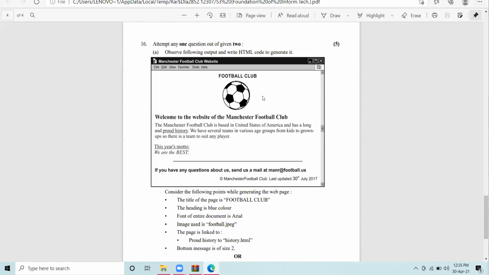Okay, this is the web page which came in the year 2018 CBSE board. In this web page, there is one concept of hyperlink. This instruction is related to hyperlink, okay? And hyperlink still is not in your syllabus right now. So far PT1 exams are concerned, we'll be ignoring that point, okay?